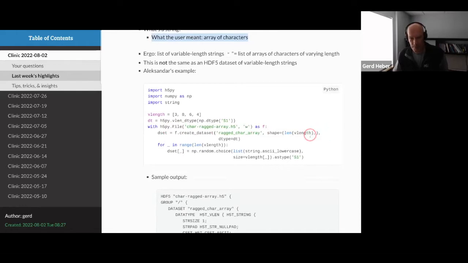You basically have to use this dtype, which is a variable length data type where the element type is a single character string. That's what np.dtype S1 is. It's a single character string.